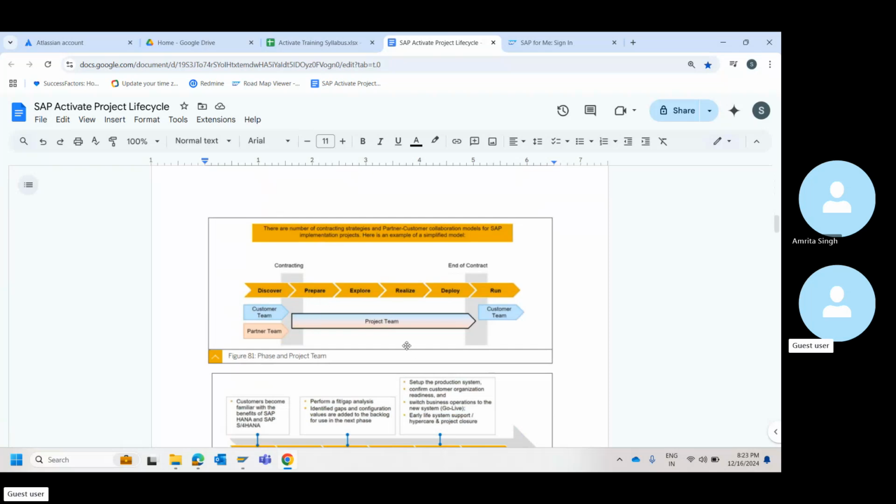So now let us get into this part. If you check here in this particular image, as I told you, there are 6 different phases: discover, prepare, explore, realize, deploy, run. However, contracting, if you see this gray area, it is at the end of discover.